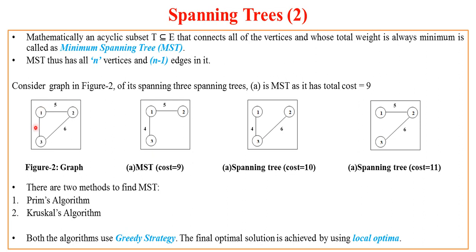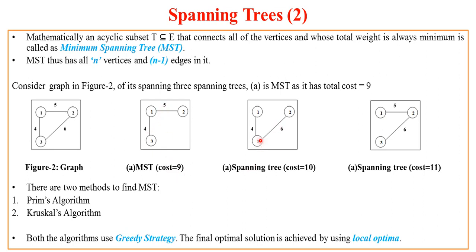Now assume the graph shown in figure 2. It has 3 edges and 3 vertices. It is a complete graph. The weights assigned are 5, 6 and 4 respectively, that is edge 1 to 2, edge 2 to 3 and edge 1 to 3. Now there are three possibilities as we have already seen, and assume that this is the structure A generated, that is the MST structure generated out of this graph G. So it has edge 1 to 3 and 1 to 2. So the total cost of these edges is 4 plus 5, that is 9.